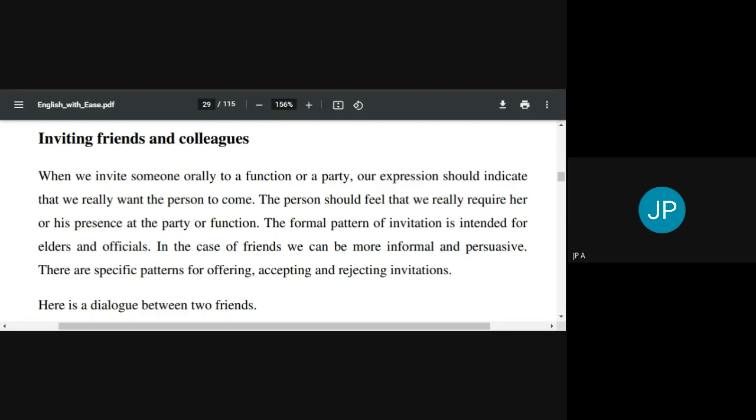So how should it be? What should the person feel when you invite somebody? It should feel that we are actually